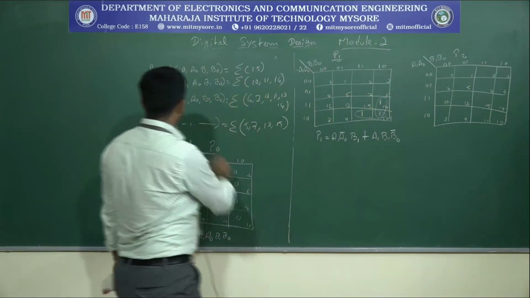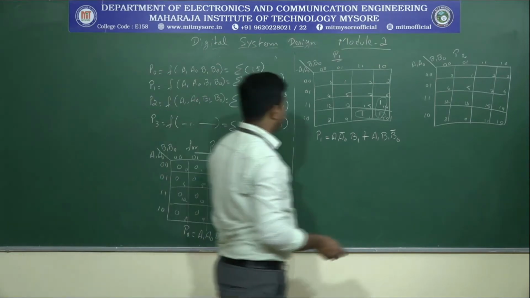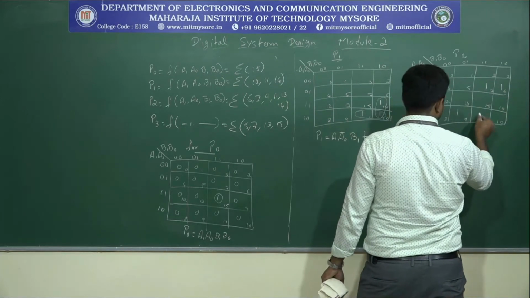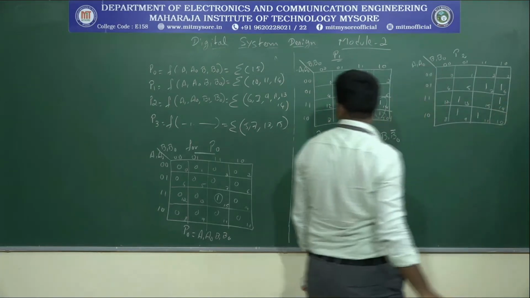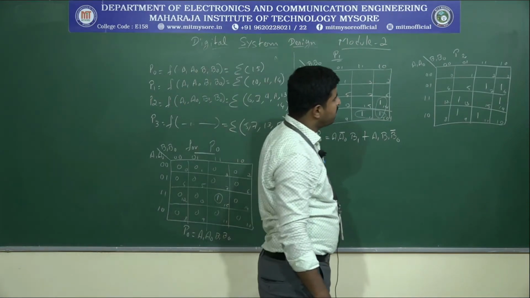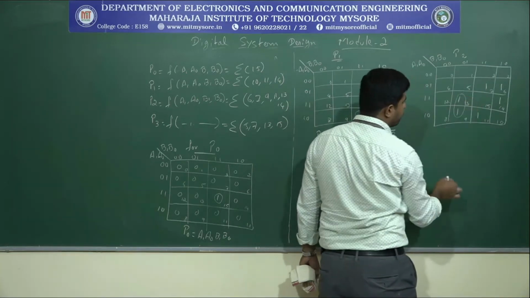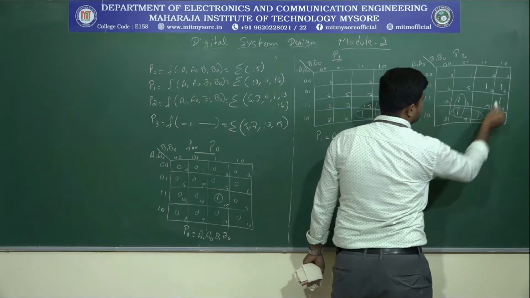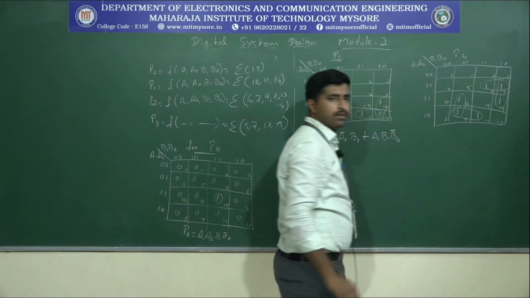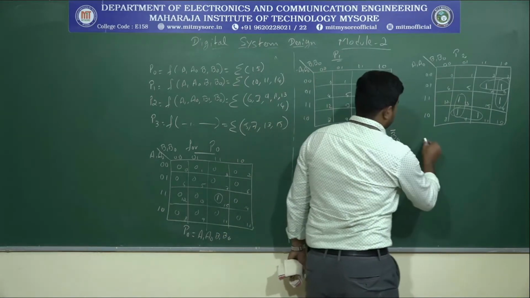Okay. So, as per the function P2, 6, 7, 9, 11, 13, 14 will be 1 and the remaining will be 0. So, if you look at the grouping, these two can group, these two and these two have to group, right. So, the equation